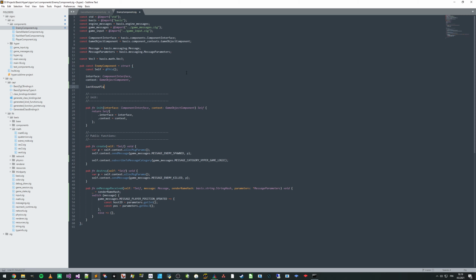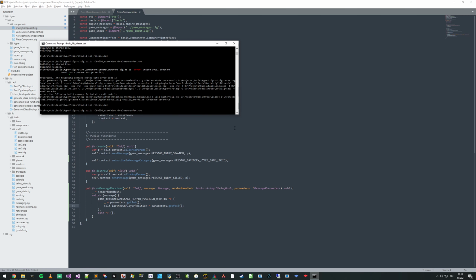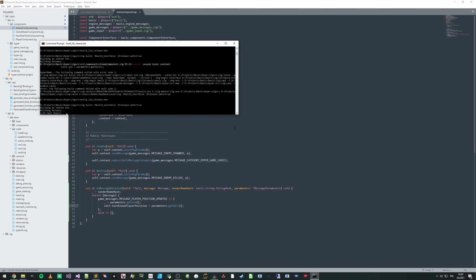Unused local constant. Okay, that's fine. We're gonna use it right now. So host ID, let's actually just assign that to the unused constant, and then make self dot last known position, and that should be fine. Cool. All right, so now the enemy knows where the player is,